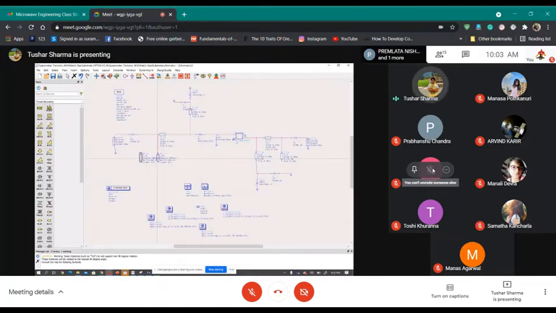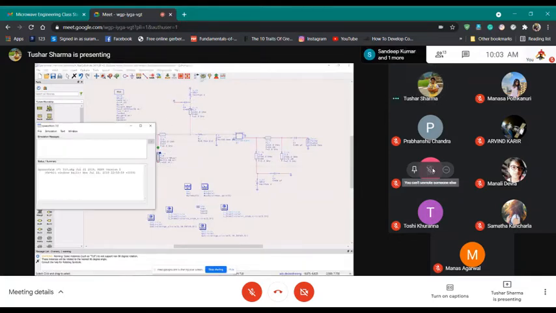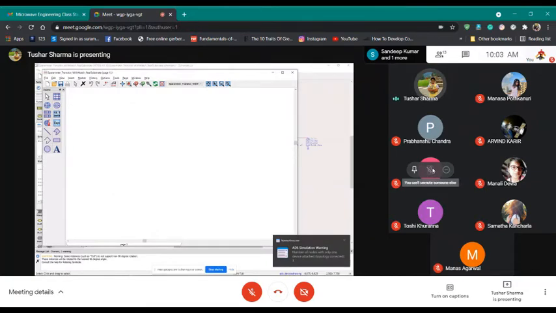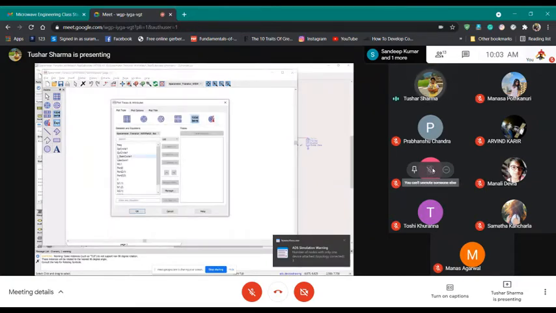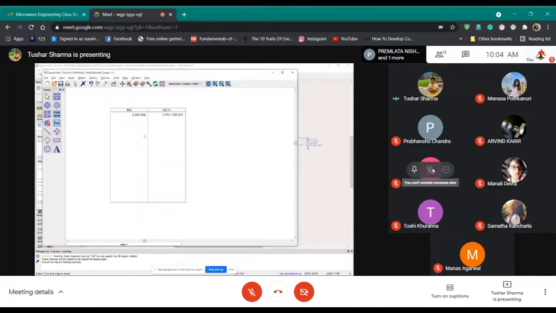Technically when I change it, of course my S21, I won't get exactly 18.37 dB because now this is more realistic, it is taking loss into account. So when I run it and then plot my S21 dB, you can plot it or you can write it.